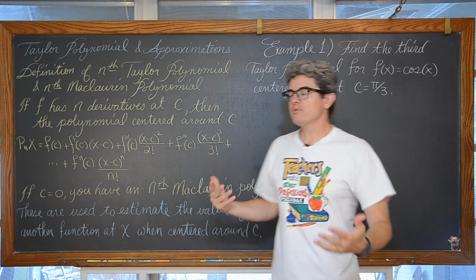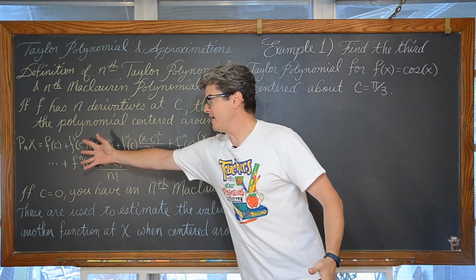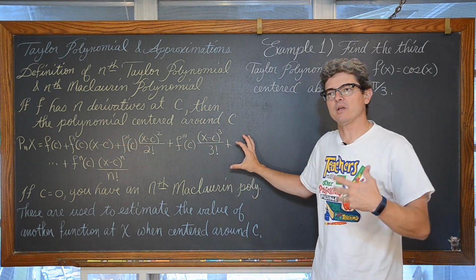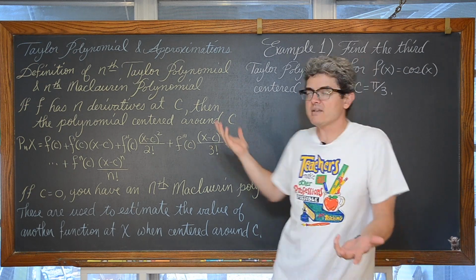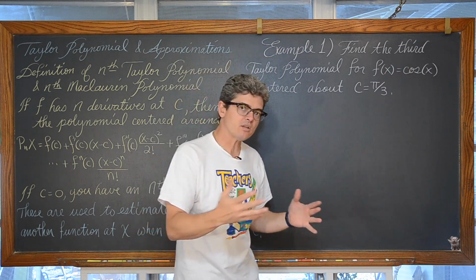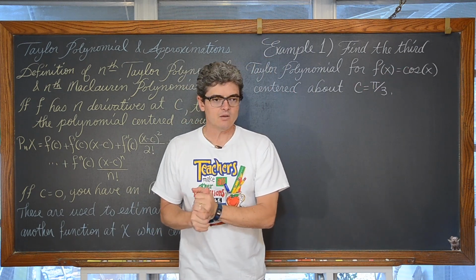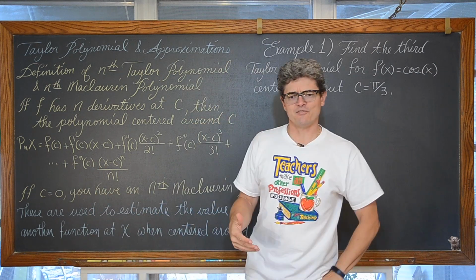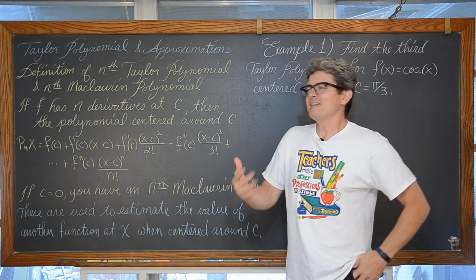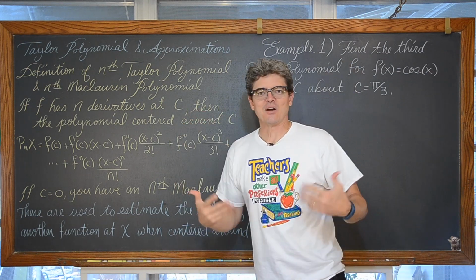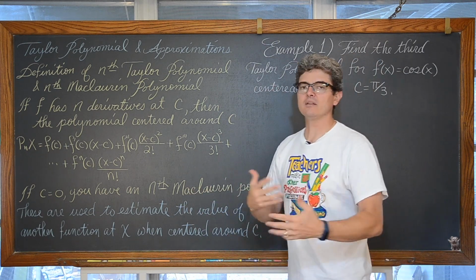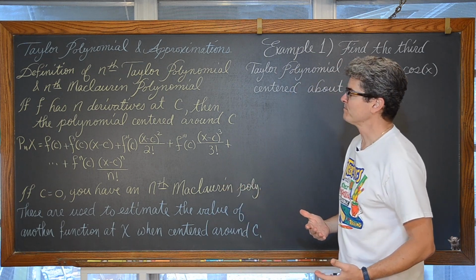Now, as we go through this lesson, you might be going, even though it's an interesting and cool concept, why am I creating what may seem like a very complex polynomial to estimate something that I could just put in my calculator? Like, we're going to estimate the cosine of 0.7 with a Taylor polynomial centered around pi over 3. Well, in the olden days, they didn't have calculators. We didn't all have phones, supercomputers in our pocket that did everything. And it does have uses later on as you go through your studies of calculus and later math classes afterwards. So everything will come back and have its purpose repeatedly later on as we continue our journey through mathematics.